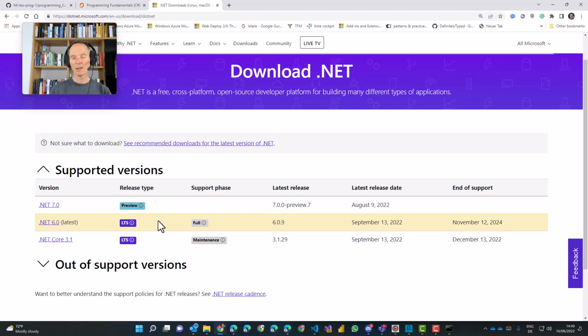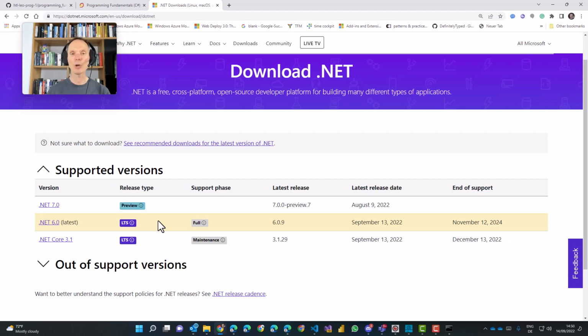You see, the .NET platform comes to us in a specific version, and every year a new version comes out. And typically, the new version always comes out in November. So now, if I take a look at the date here on my computer, it's September. So we are still a few months away from the next version of .NET.